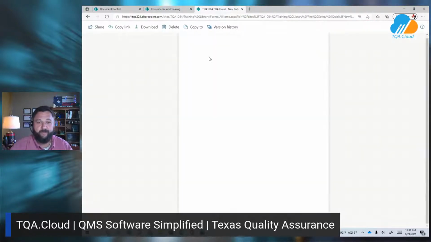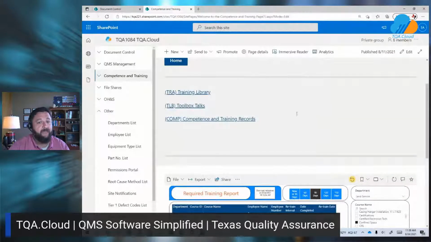So let's have a little bit of fun there. Now, I used to utilize the Houston Area Safety Council a lot. So from within this document, we can go ahead and put all of those details straight in, close it out and move on. And we know exactly where we need to go, the code for the training, all of the information that we need to have. But what I really like most about it is that we have the structure built in here to save you time, but we've also allowed you to have the flexibility to maintain and manage the program to best suit how you run your organization and your business.